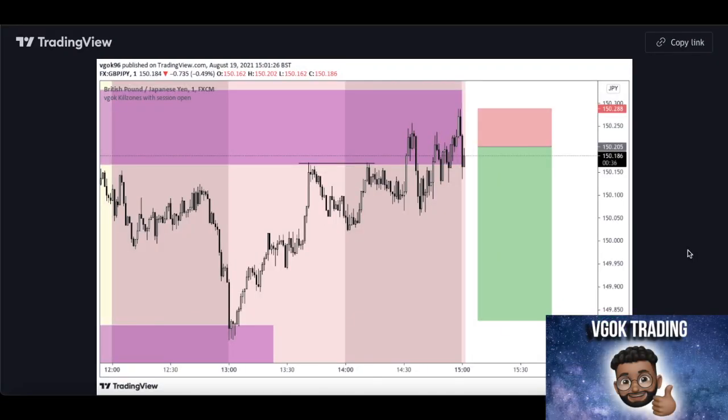So first things first, let's get straight into the screenshots. As you can see on your screen now, I've got the before screenshot. And as you can see from the actual entry that I took, I actually had two entries. My first entry was at the start of these two bullish candles before this major drop here. And my second entry was just at the imbalance fill, so slightly higher. I think it was about 2 pips higher up. That was the main entry that I took right there. Obviously stop loss above the previous high,